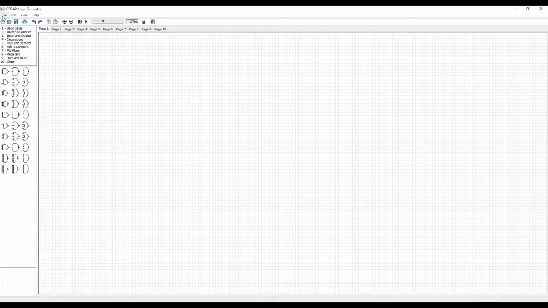And there are some property rows, and in the first row we can see File. In the File option we can see the new file option and open file option, and many other options, and there is Edit, View and Help. And in the second row we can see the new file option, open file option, save the current file option and print, and there are undo and redo buttons, copy and paste buttons, and zoom in and zoom out buttons. And this simulator provides us a number of pages for a single file like this.